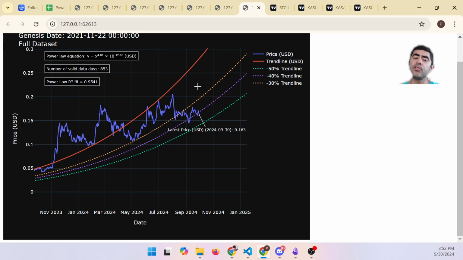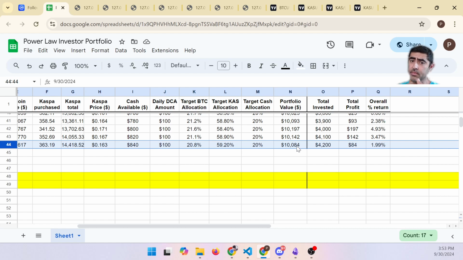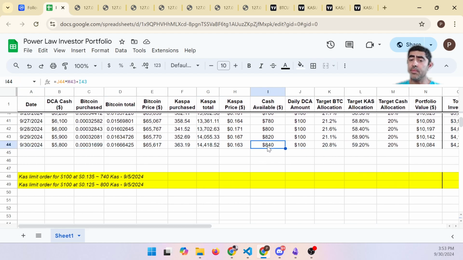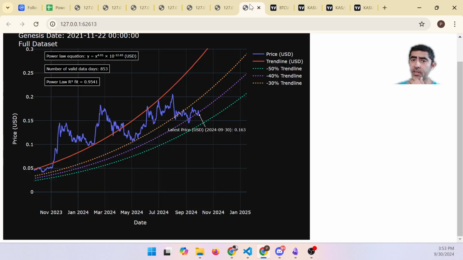And you can draw all sorts of technical analysis lines, but I'm just trying to use the power law because that's the one that makes the most sense to me. And I would say prices can move very quickly. So again, by using this DCA strategy over here, we continue to buy at these lower price points. And we also have this funding available in order to deploy if the price drops down a little further. So historically, this area between the 40 and 50% is a really good time to get into Kaspa.